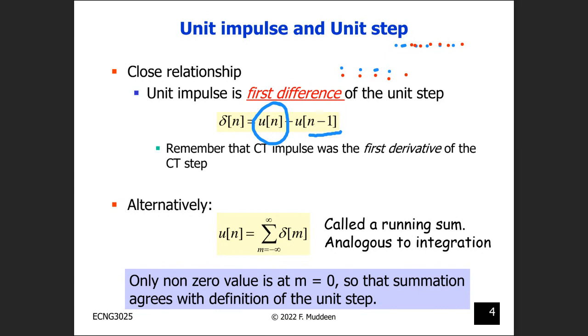and I take the u[n − 1] delayed from the u[n], you get a single value left at the origin, which is in fact the unit sample,